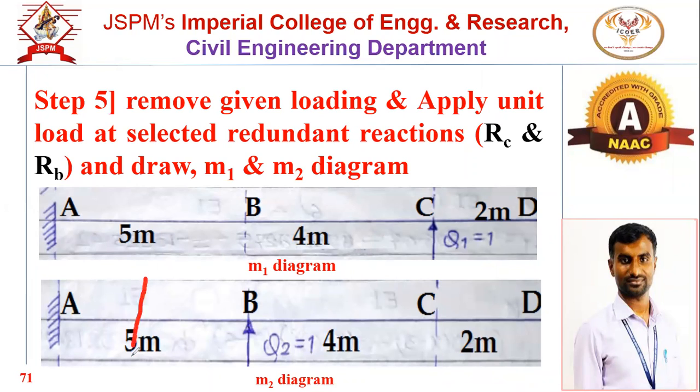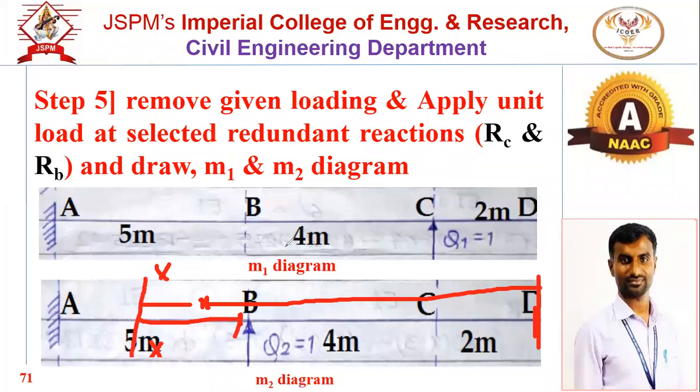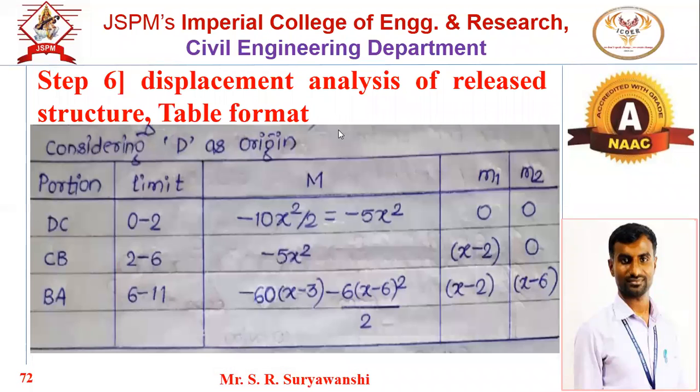Now third zone, take the section line. And the x distance is from the origin. This is the section line. Okay, this is the origin, and this is the perpendicular distance. And the load is 1. The moment will be anti-clockwise. Now tell me, what is that moment? M2 for BA zone. This force into this perpendicular distance. What will that distance be? x minus 6. Yes, x minus 6. Correct. Good. So this is the table format: 0, 0, x minus 6.